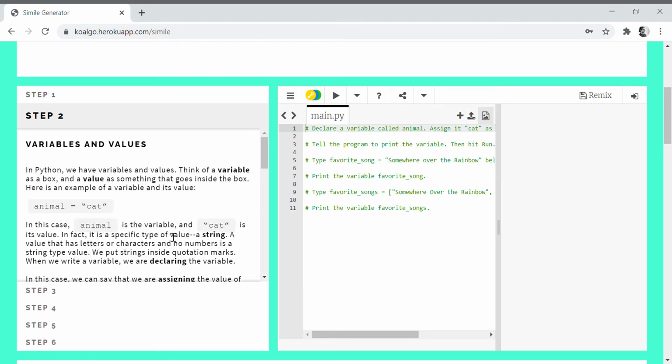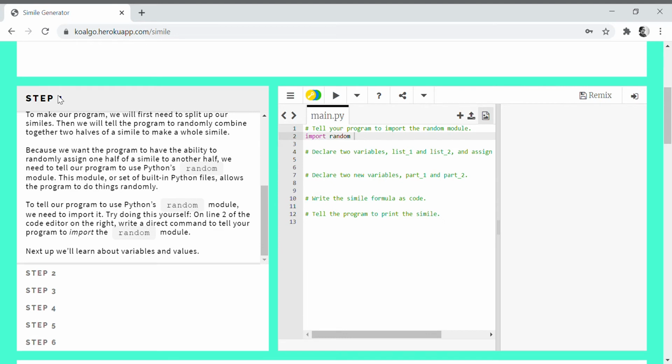And then secondly, in this step 2, this part is actually not part of the simile generator directly, but it is something where students are playing around with variables and values and learning how they work, which is really important to build the project. You have to understand how to declare variables and how to assign values to them. And so when you come over here to step 2 and you click on this, you'll notice the code editor part changes a little bit.